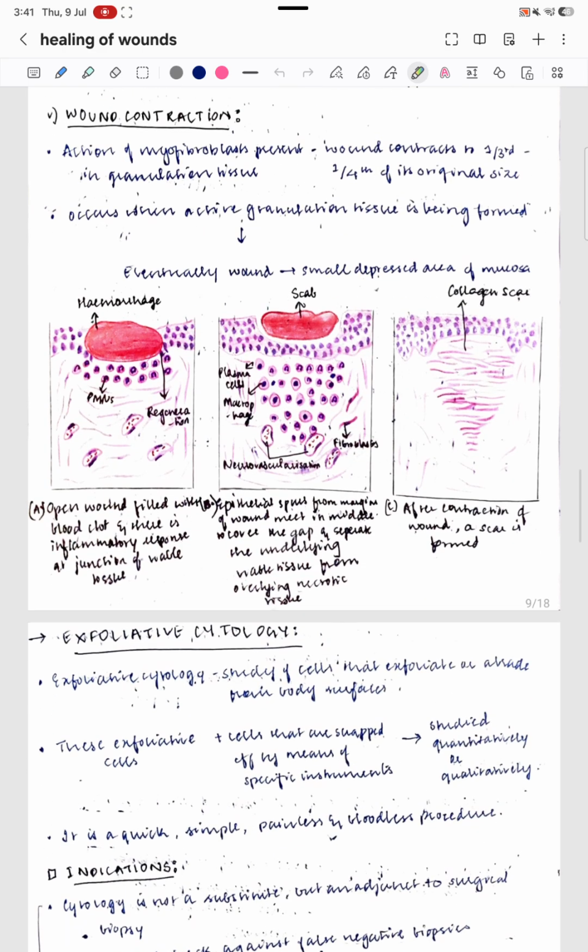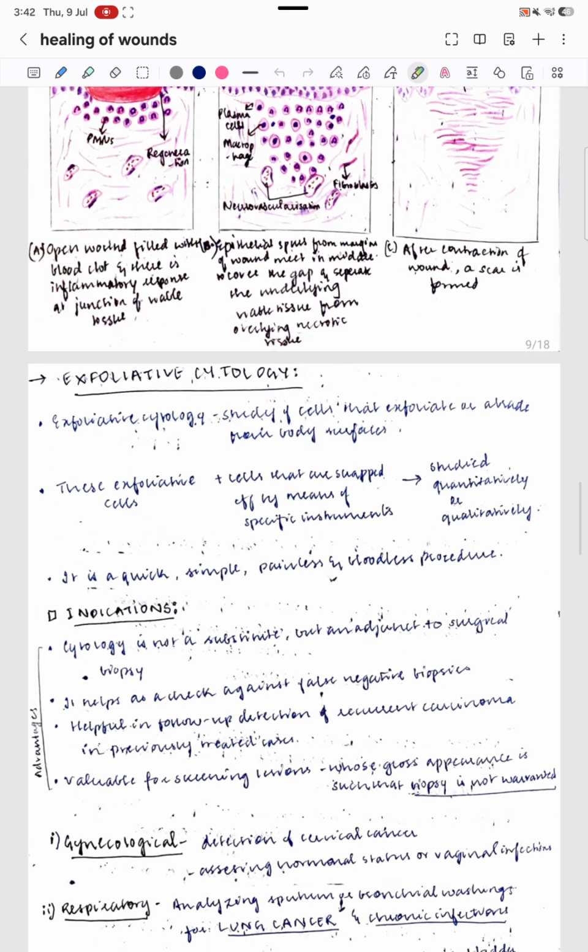So this is your granulation tissue, hemorrhage is occurring, your PMNs are coming into the picture, you have your connective tissue, plasma cells, and there is a formation of scab, and then that leads to the collagen scar. That is about your secondary healing. Now coming to